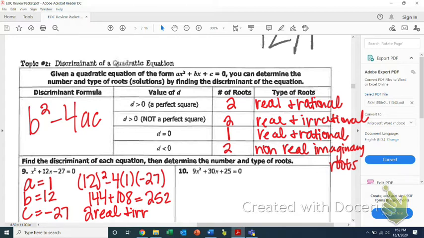All right, 19 is the same way. You can do 19 by yourself. Not 19, sorry, 10 by yourself. Let's